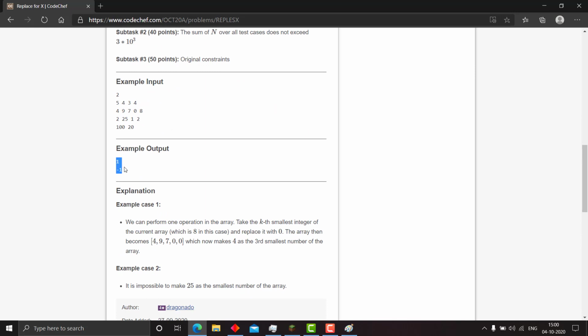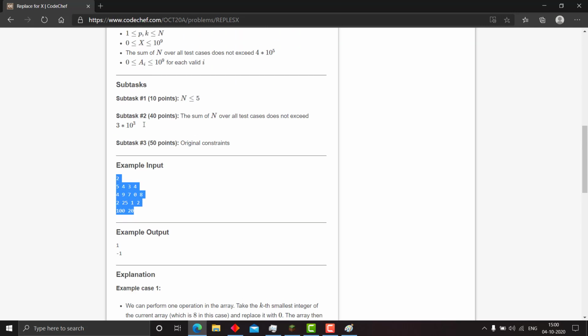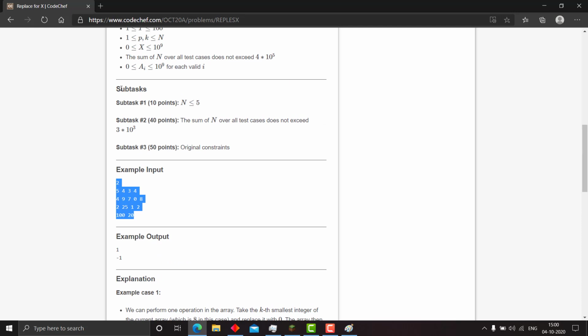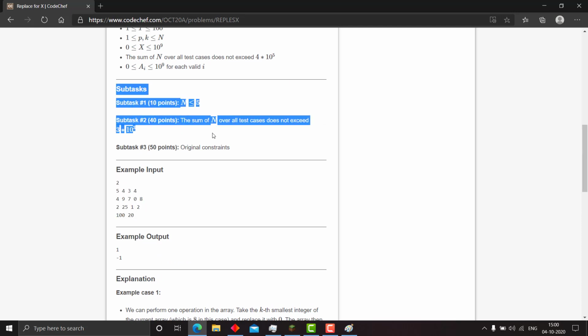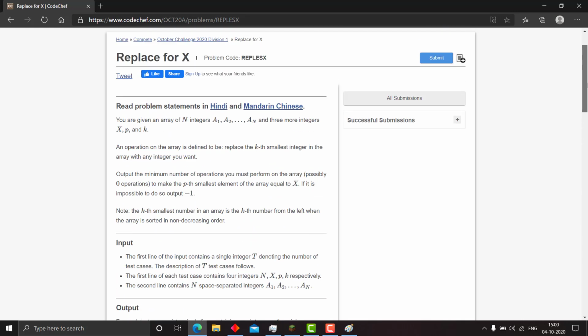There are two test cases given here. So try to think. Okay, I will give you a hint. The number of cases you need to think about is quite small, there are not many corner cases here. Just think of three major test cases and you will be done. Okay, so I hope you understood this question.